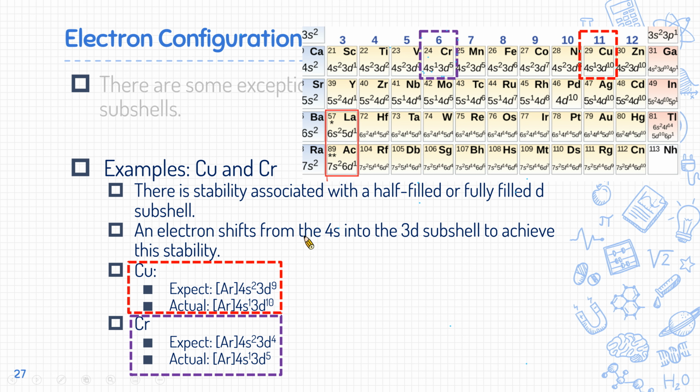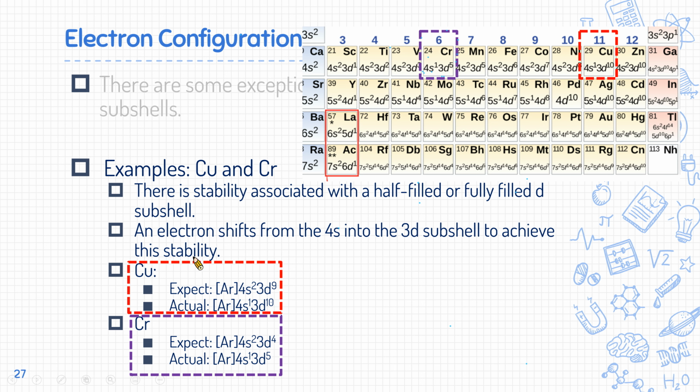An electron shifts from the 4s into the 3d subshell to achieve this stability. For example, copper here, it is expected the valence electrons are 4s2 3d9. However, actually, the valence electrons are 4s1 3d10. There's an electron shift from the 4s into the 3d subshell to achieve